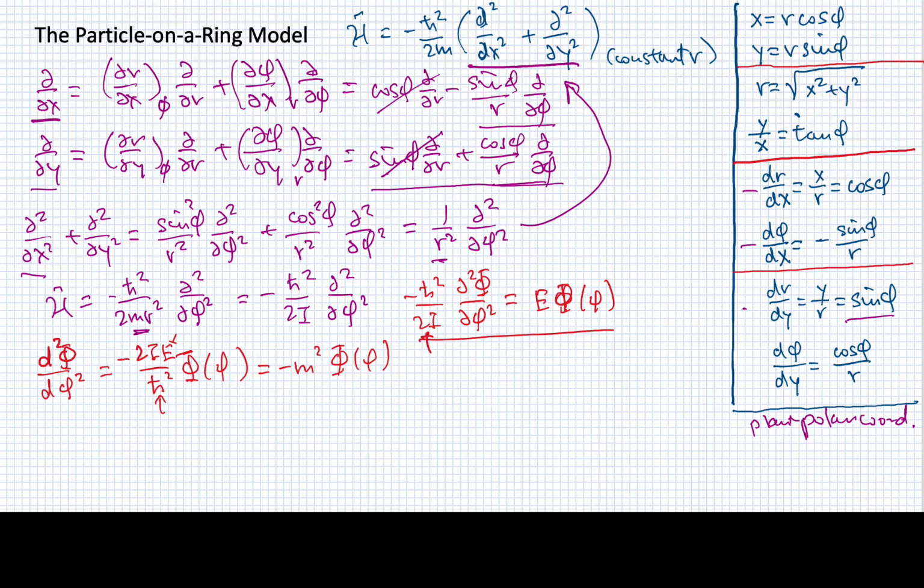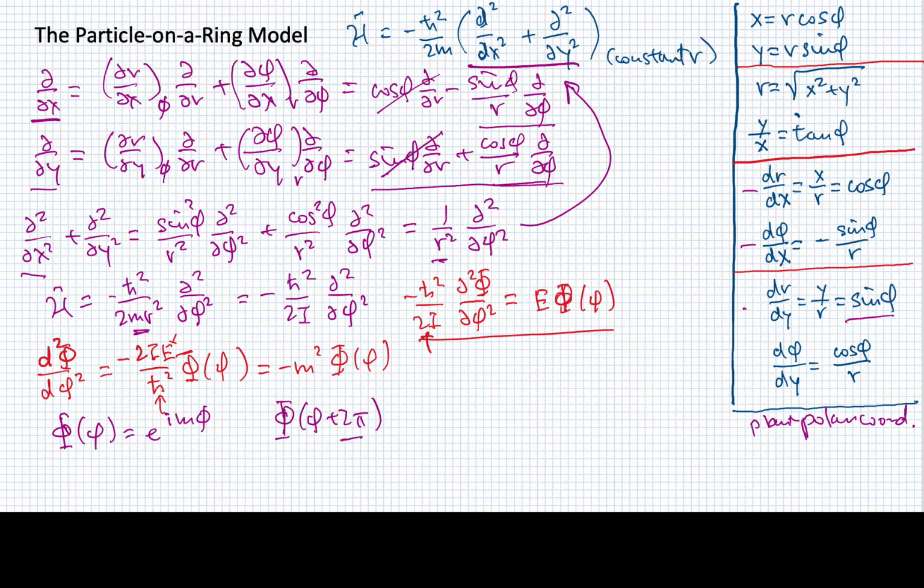Okay, so this now directly is something that we've seen before, and we can immediately write the solution down. I hope we can immediately write the solution down as the wave function is equal to e to the i m phi. Now, in this case, m could be any number. We haven't restricted it at all. But notice that because this thing is rotating in a circle, I must have the condition